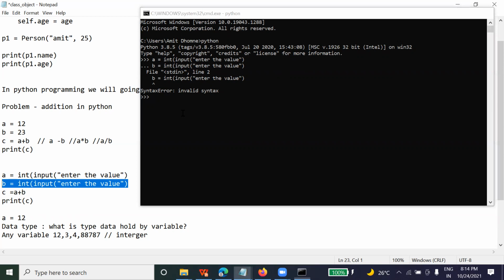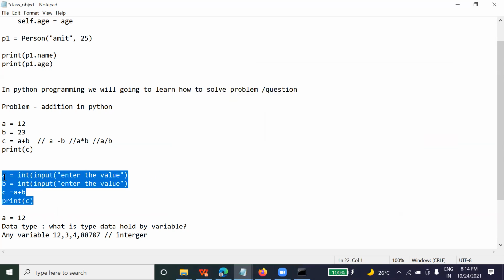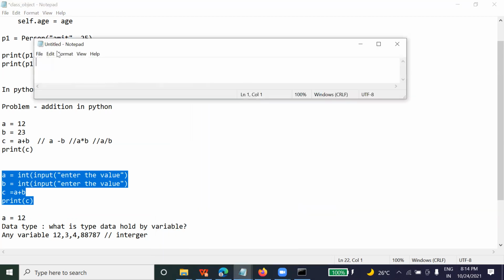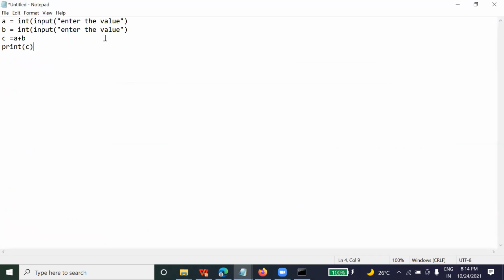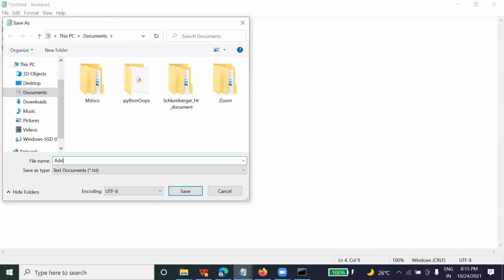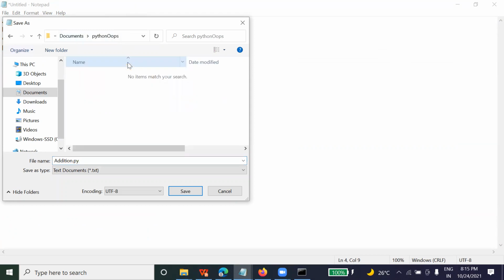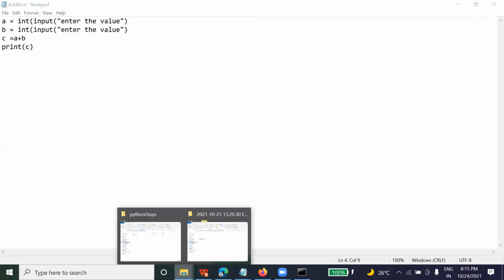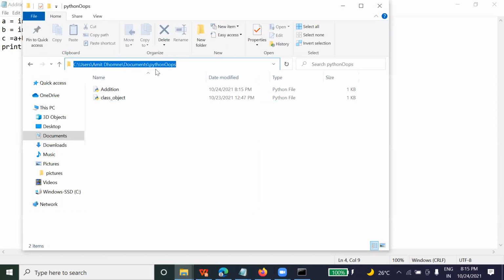Okay, let me write it down in a notepad file and save it as addition.py. If you remember, in the last class I explained this addition.py. I'm saving. Now I will go to the folder where I have it. See, under user, document, inside document I have an addition.py, right?